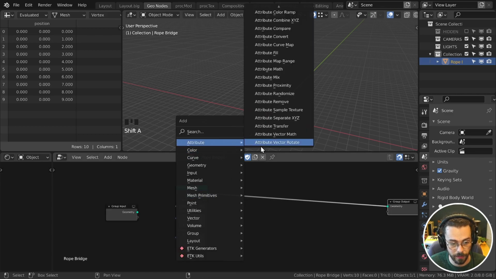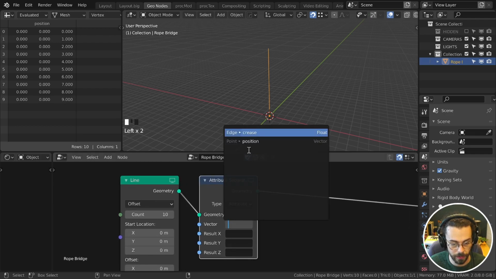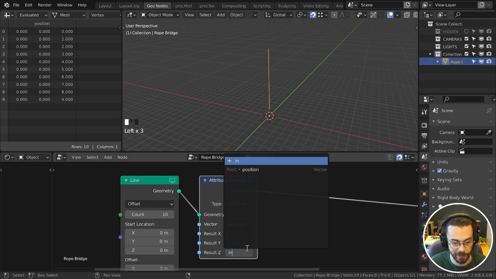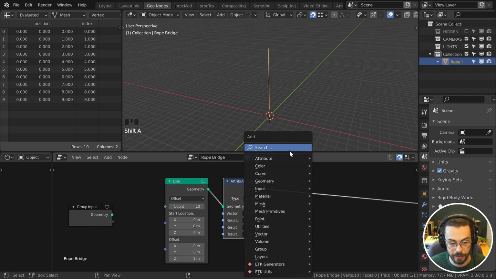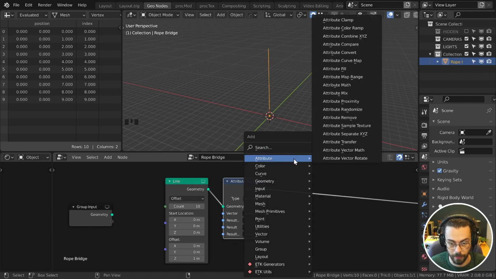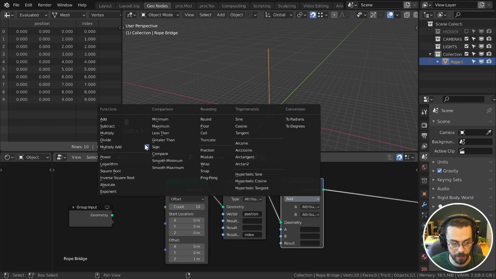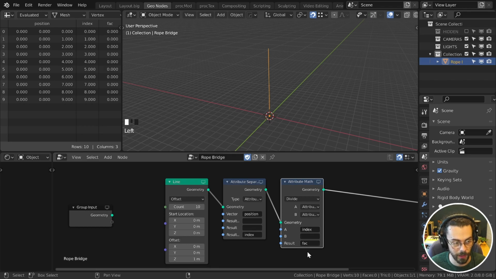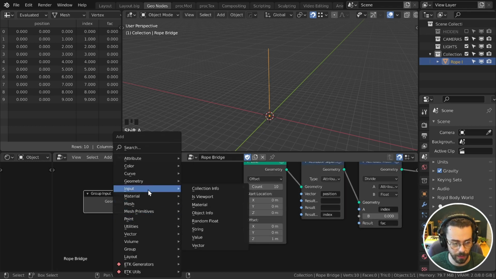So let's just do that. Attribute separate XYZ. Come in here like this, and we're going to take our position and output index. And then I want to convert this into a factor. So let's also grab an attribute math node, and we want to divide our index. Going to output fact here, and we're going to divide this by a float value, which needs to be the count minus 1. So let's bring in a value node here,